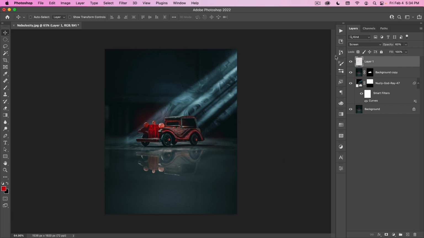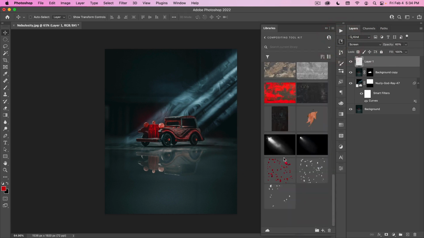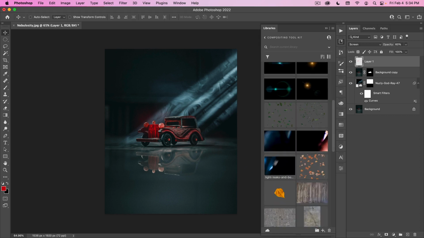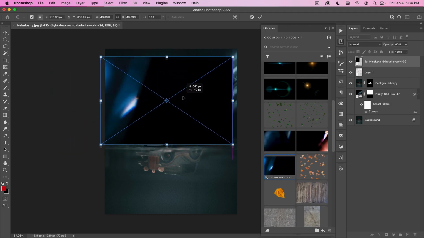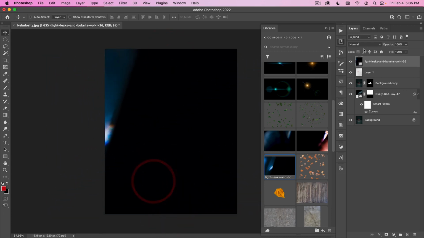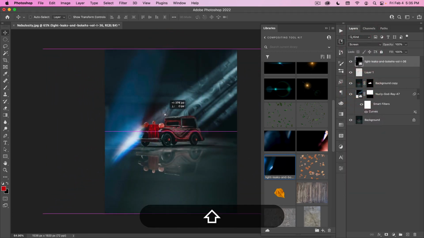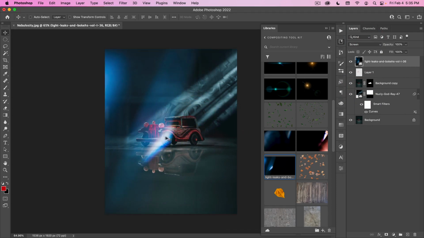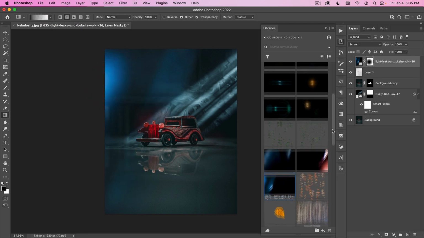The other thing I can do is in here you'll see we also have a few other overlays. Some of them are these light leaks, which are pretty cool. So maybe I can add one of these to this scene. Put that on screen. Kind of like this up here. I don't like how strong it is there, so I'm just going to add a mask to this, go on my gradient, kind of radial gradient that one out. So I think that looks pretty nice.